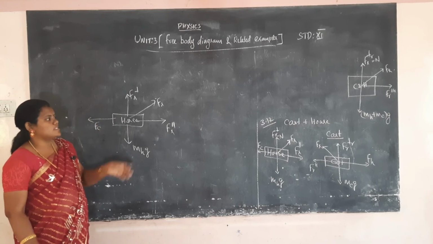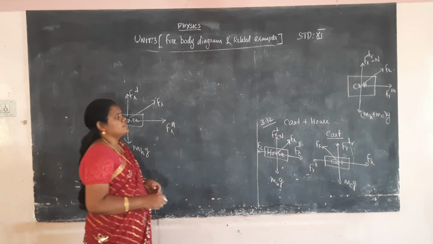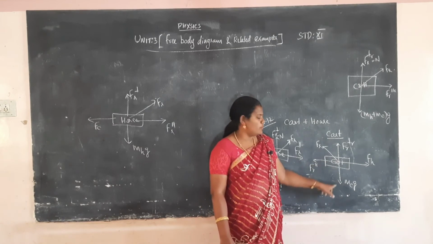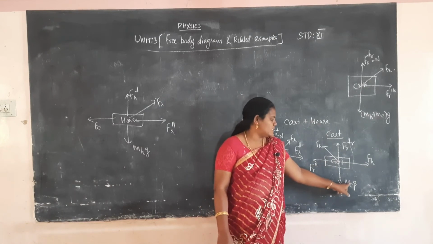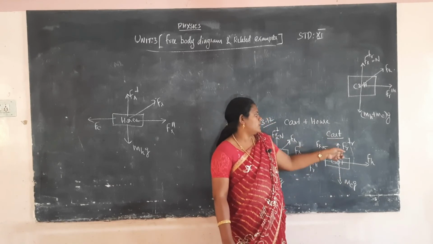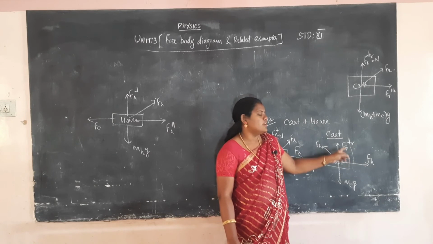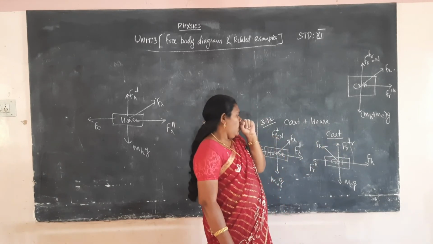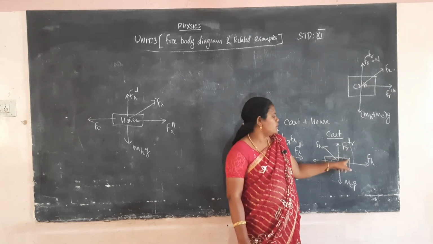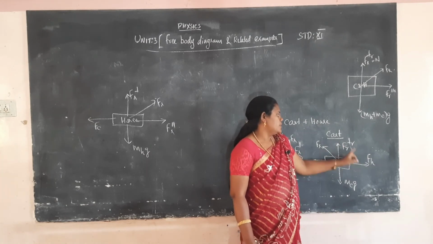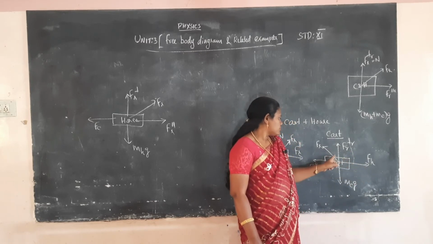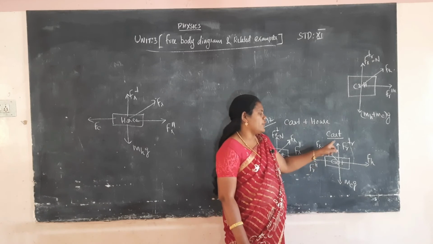This is the horse as a system. The second one is the cart as a system. Cart as a system means the cart will be giving the downward force on the road, that is mcg, and the road will be giving the upward force on the cart, that is Fr. Again I tell that the Fr force, the force exerted by the road, will be resolved into two components, horizontal component and vertical component: Fr perpendicular and Fr parallel.